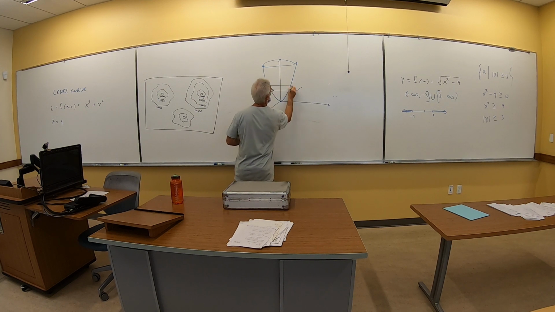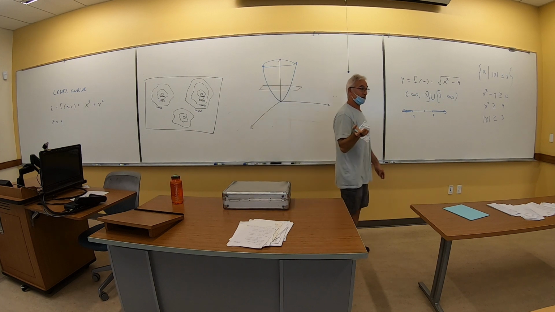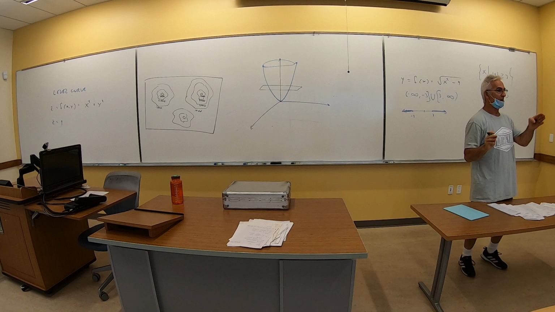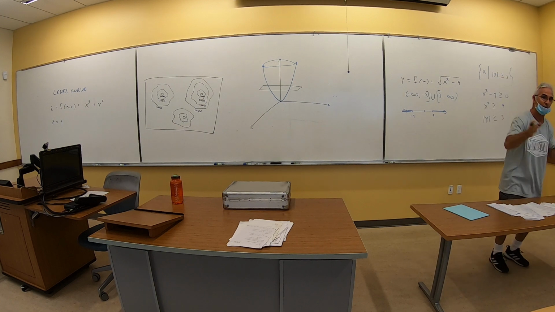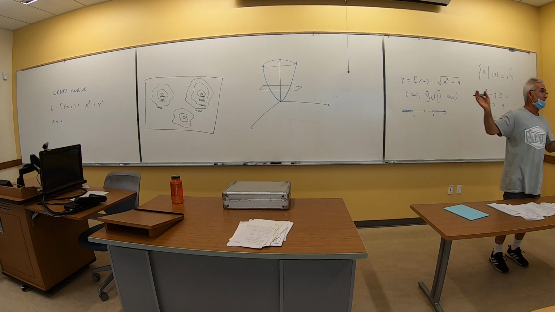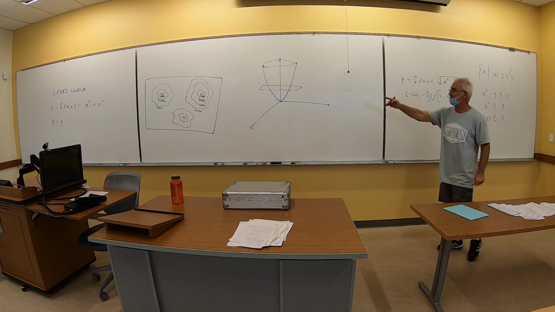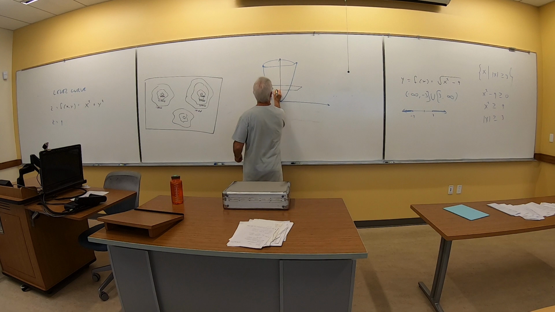Z equals 9 is a plane. Agreed? Don't ever make the mistake of taking a variable and thinking it's a value in 3 dimensions. No, this would be a plane in 3 dimensions. Z equals 9 means I'm 9 units off the ground forever. So I'm slicing this plane, and when I do that,